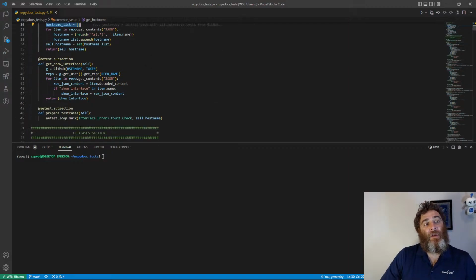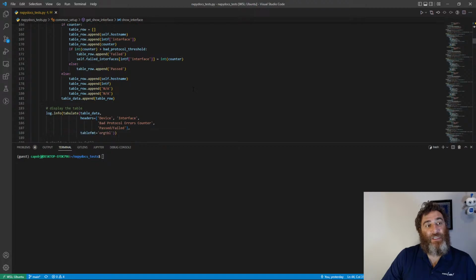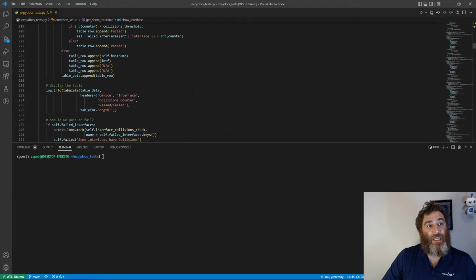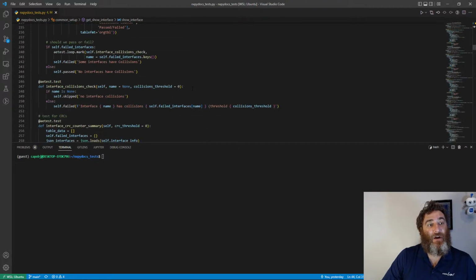So then, following up, I have get show interface. And this is where we've started with the tests. And I sort of do the same thing, but I'm getting get_contents from the repo for the JSON contents. And for each item in that contents, decode the item. And if show interface is in the file name, register a variable show interface. And then everything else you see here, and I'm going to find an easy one for us to take a look at. Let's take a look at CRC errors,